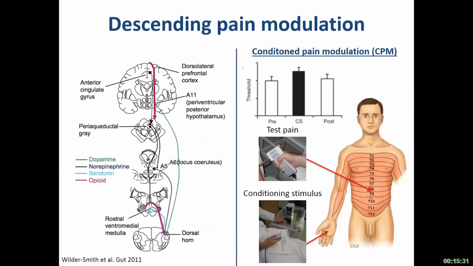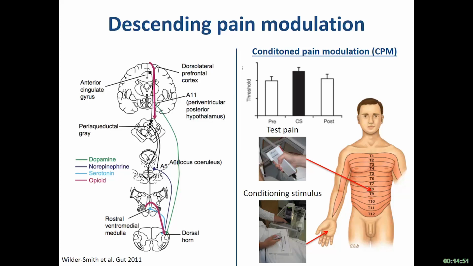Finally, we can also look into these descending pain modulatory pathways that we have discussed initially. I'll not go into all the details about the mediators and the pathways, but what we can do in the experimental setting is that we can try to induce this descending inhibition by subjecting the patients to a prolonged, sustained tonic pain stimulus. We often use, again, the cold pressor test where the patient immerses the hand into water, and a way to try to quantify this descending inhibition is then to apply a test pain before and after we induce the descending inhibition. And by subtracting these two different pain thresholds, we can then get an idea of the